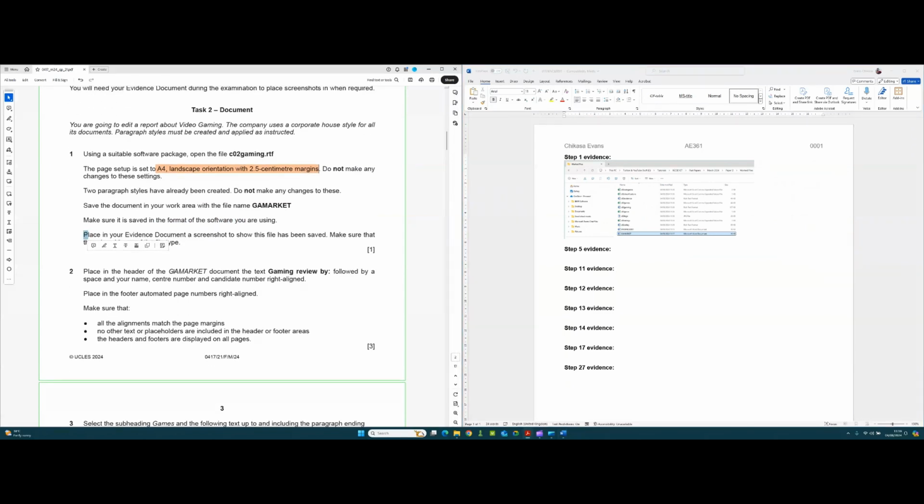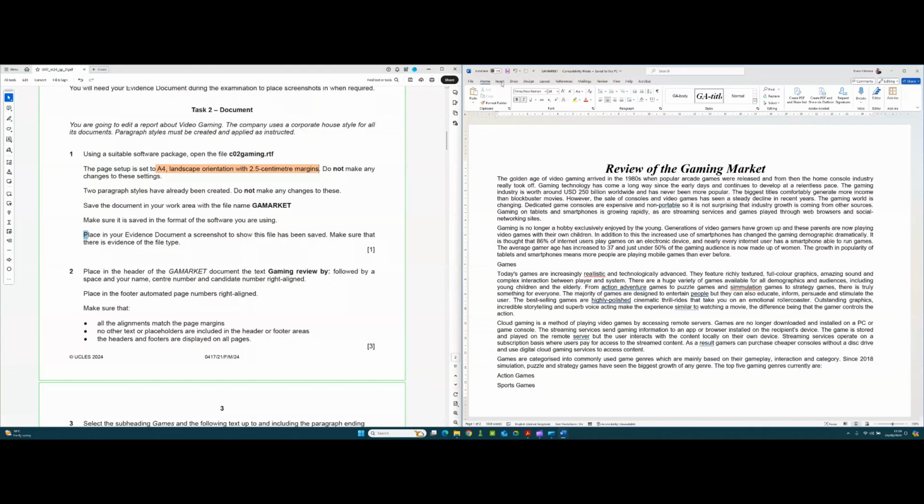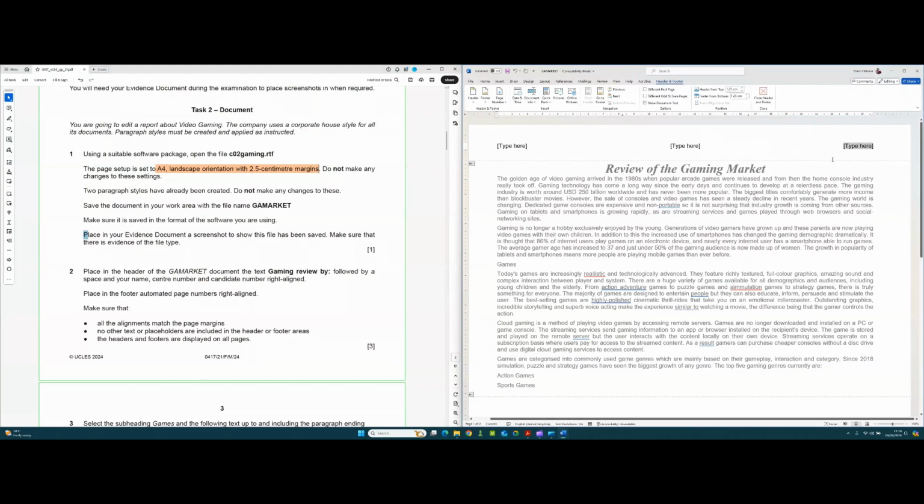Place in the header of the GA market document the text gaming review by, followed by space and your name, center number, and candidate number right aligned. So we're going to go to this document, and in the header of this document, I'm going to go to insert and then header, blank 3 columns. In the right margin of this document, I'm going to place gaming review